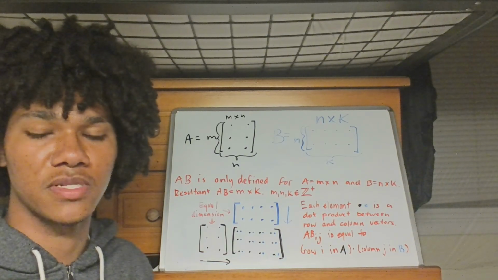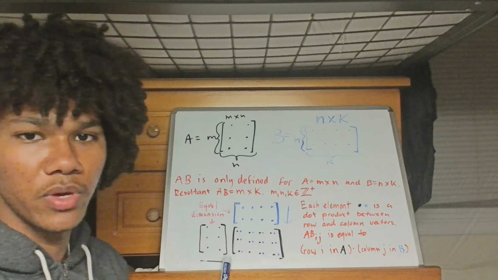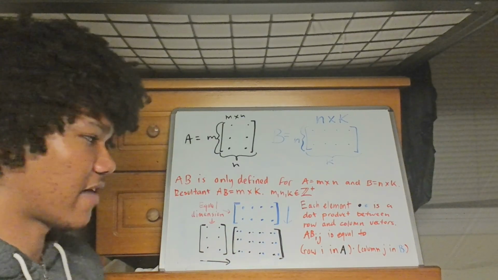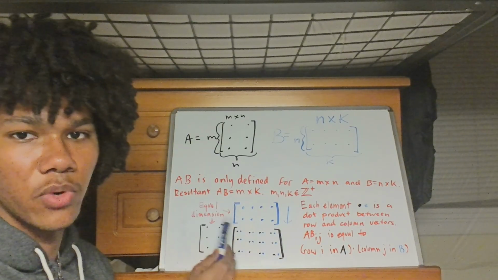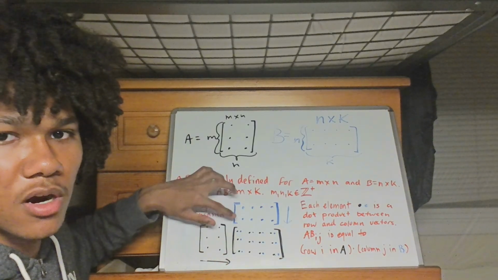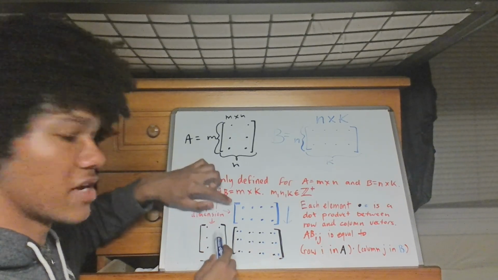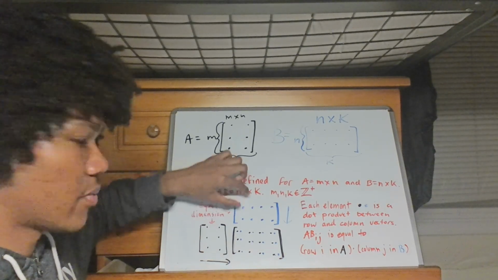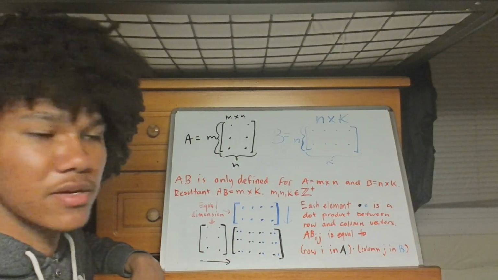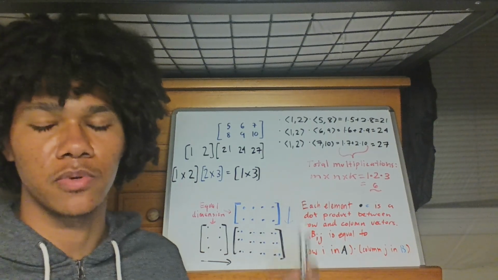What this diagram also helps convey is the fact that these dimensions here, which is the width of A and the height or length, however you want to call it, of B, have to both be equal. So this space right here has to be square. If we extend this, then we wouldn't have enough elements on this dimension of B to match with the elements of A. So we can't have an unequal number of elements here. If we increase the height of this, it'd be too many elements that don't match up with the elements of A. I can show you better than I can tell you, so here's a quick demonstration of matrix multiplication